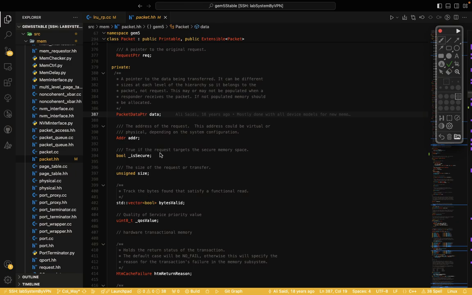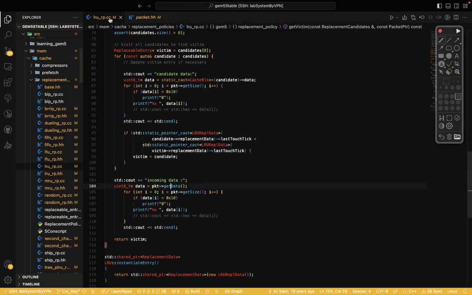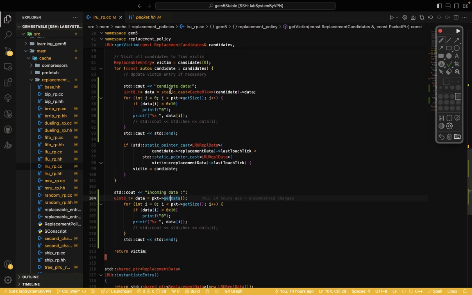Okay, get back to the replacement policy. Here, as you can see, we add packet.getData to return a pointer to the start of the data we want to read.